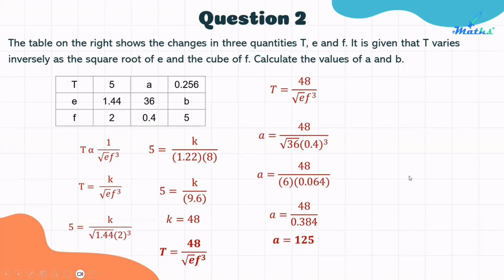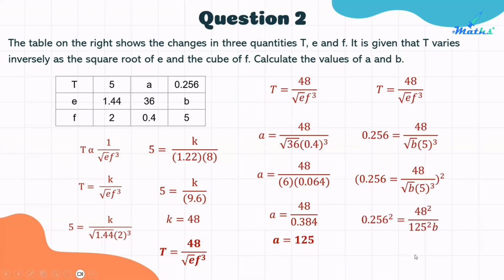Next is find value of B. So for value of B, E is replaced by B. So use this equation. We have our T is 0.256 and our F is 5. So we need to find the value of B. So our B is